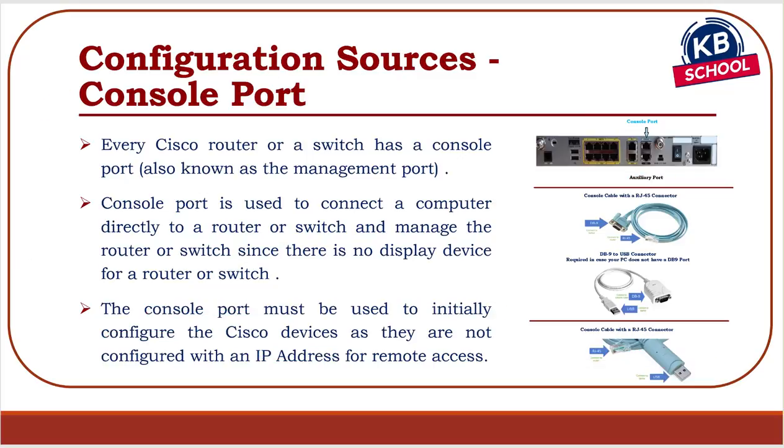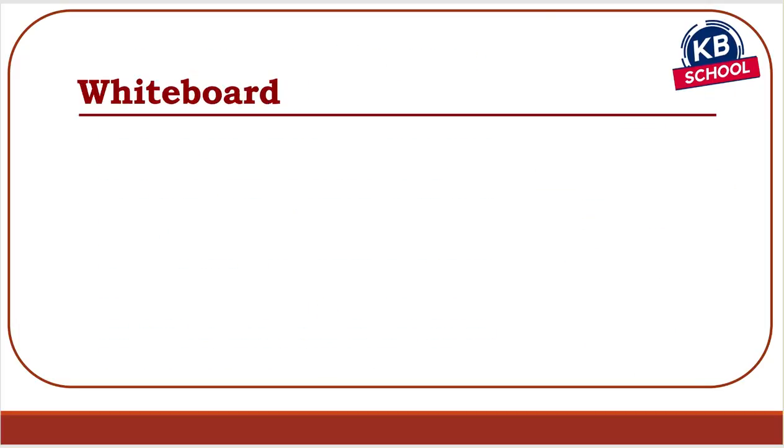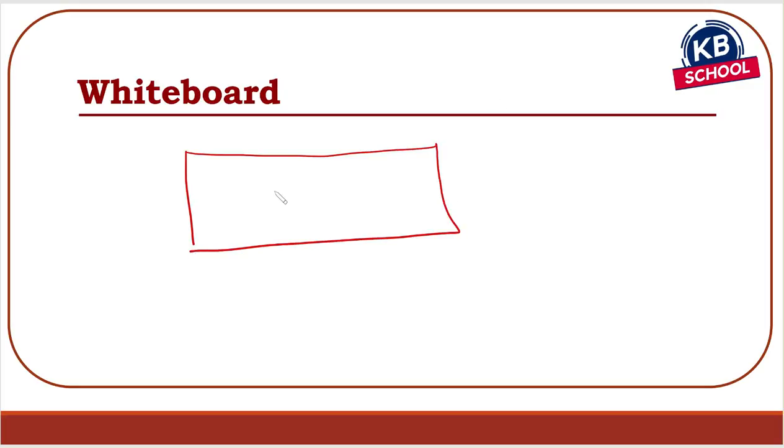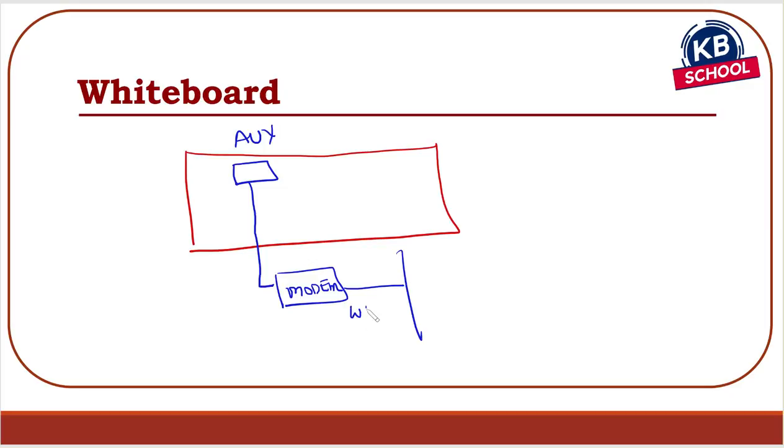What are the other ports that you can also do the configuration from? The other port is a physical port again. It is called the aux port. This nowadays is not being used that much, and some of the devices don't even have this port. The aux port was an older mechanism in which I could use a device called the modem. Why? Because I wanted to remotely configure the router through the modem, which would connect up to my normal wall jack, my phone line,